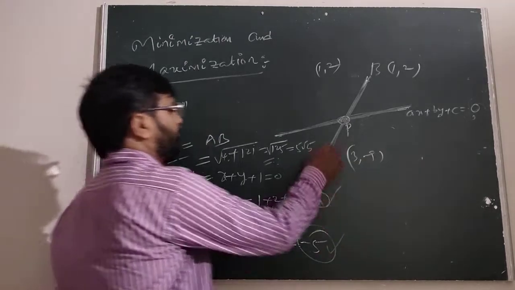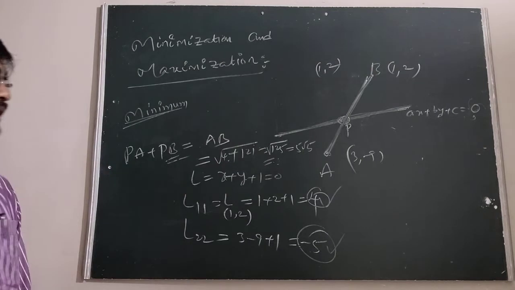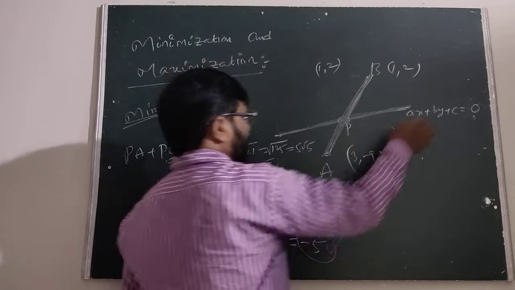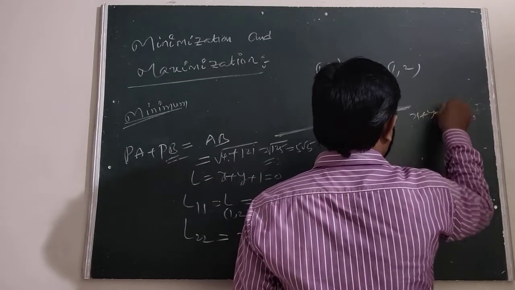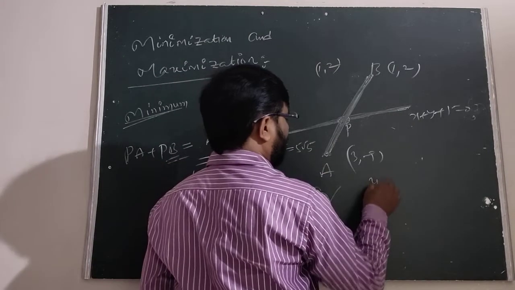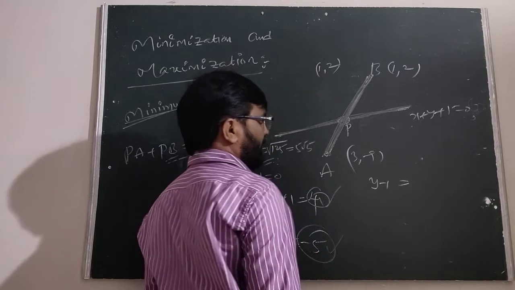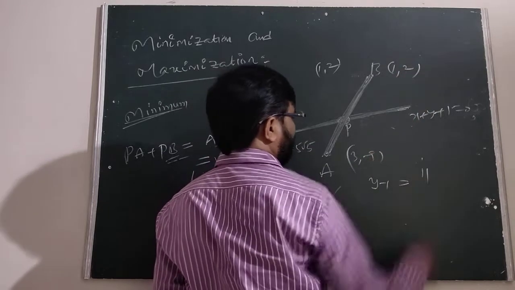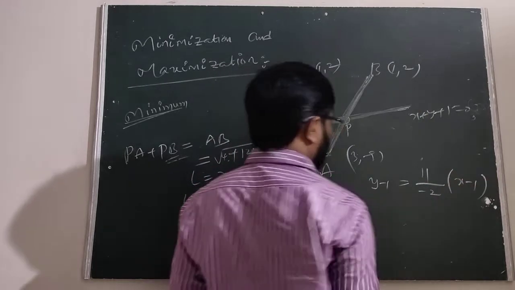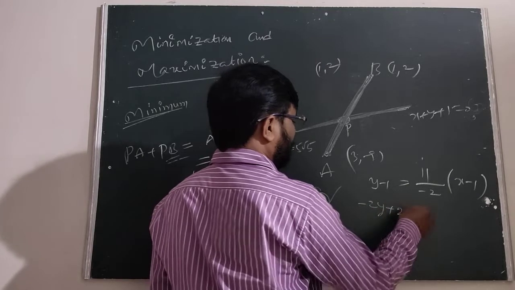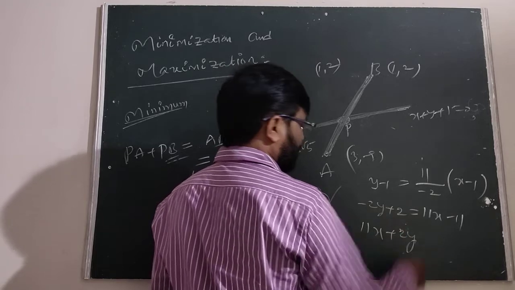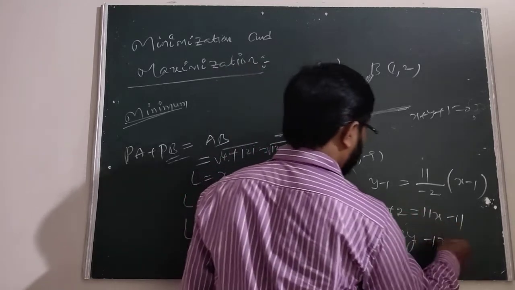We have to first find the equation of the AB. How to find the P? Therefore here this is the equation of AB and the line is given by x plus y plus 1 equal to 0. The line equation of A and B, we know that y minus y1 equals y2 minus y1, 2 plus 9 is the 11, by 1 minus 3 minus 2, into x minus x1. Now we can write this as minus 2y plus 2, 11x minus 11. The 11x minus 2y, sending the other side, plus 2y. Now this is minus of 13 equal to 0.